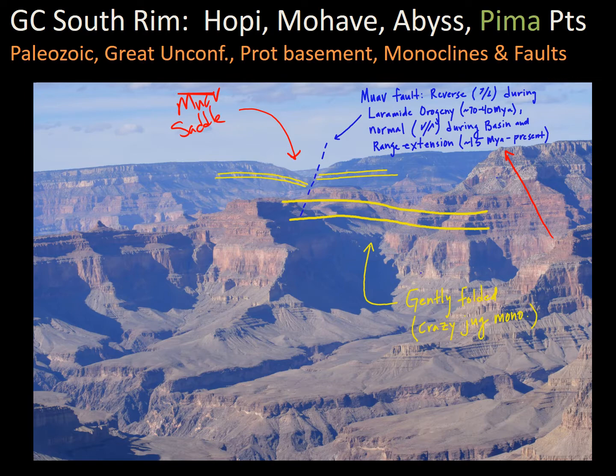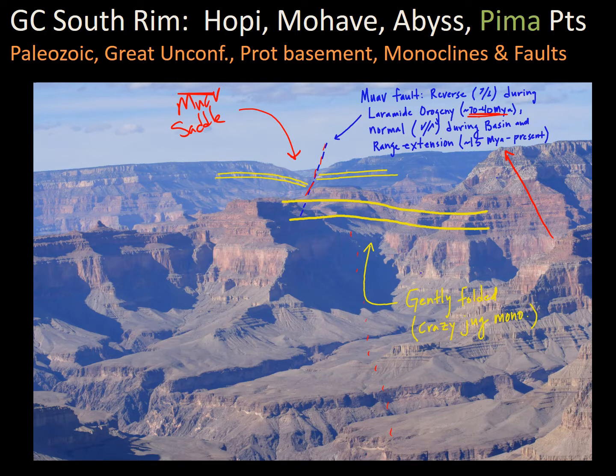What we've got here is evidence of relatively recent, 70 to 40 million year or so, deformation of these layers by faulting. Between about 70 to 40 million years ago, this area was undergoing compression, and so rocks were deformed via reverse faults and folds. What we have running through this area, as I've sketched here, is the Mohave Fault, and it runs beneath these rocks